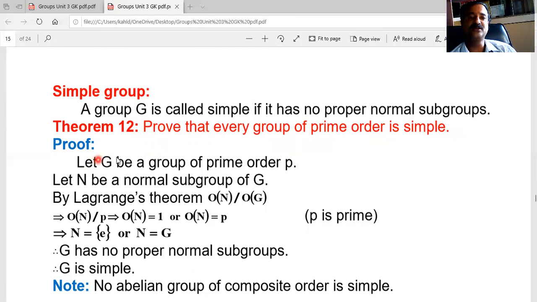Okay, right? What is the proof? I am taking that G is a group and its order is p, where p is a prime number. All of you know what a prime number is. What are the prime numbers? 2. 1 is not a prime number. All of you know that. 2, 3, 5, 7, 11, 13, like that. These are called the prime numbers. What is the basic property of these prime numbers? There are no factors for these prime numbers other than itself and